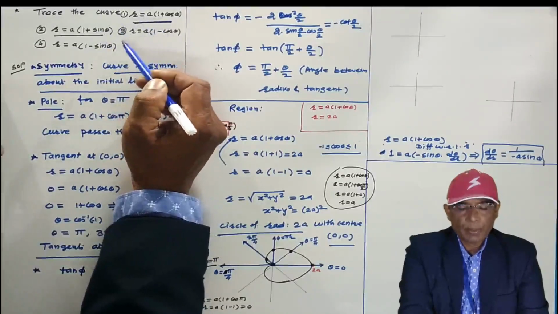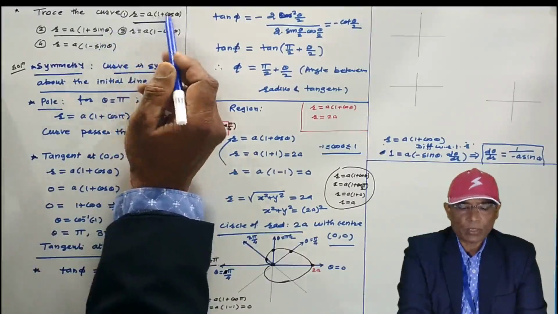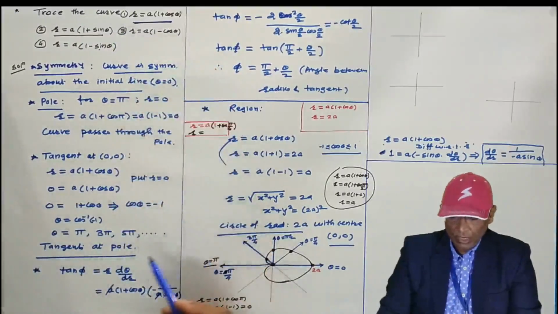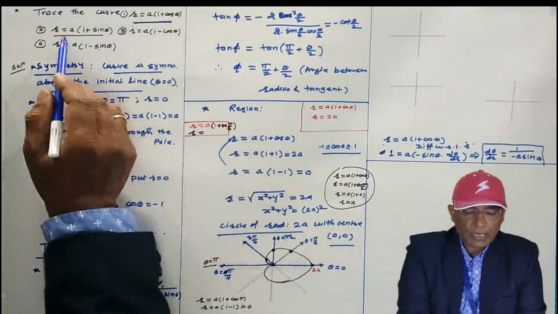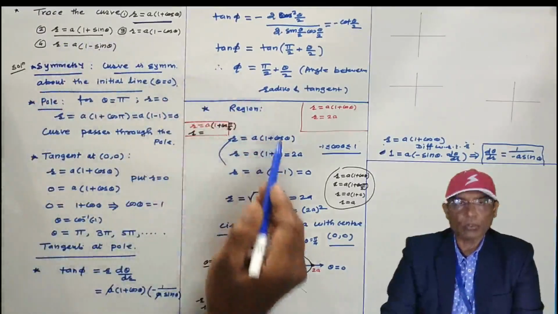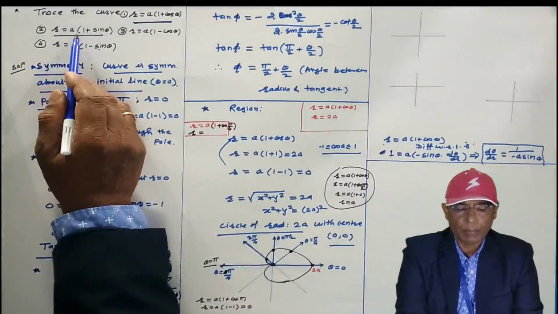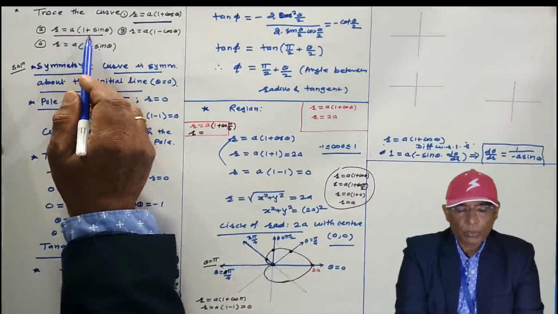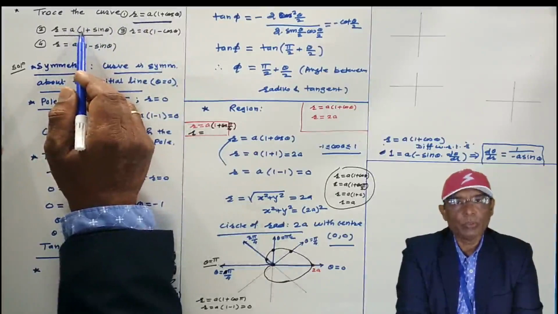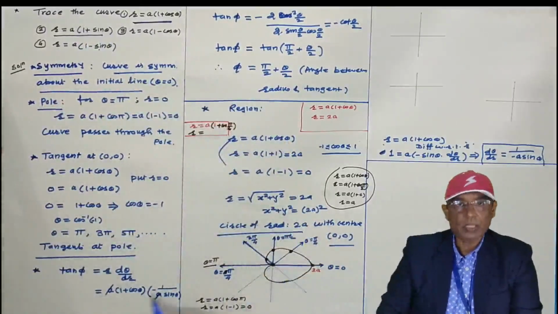So it is very simple to convert cos into sin or sin into cos, or cos into minus cos and sin into minus sin. So what I am going to do, I am not going to trace this second curve. If you are interested, you may follow this procedure and trace the curve. But I am going to rotate this curve so as to get this one. In examination also you can follow this procedure, but for that purpose you have to trace this curve systematically.